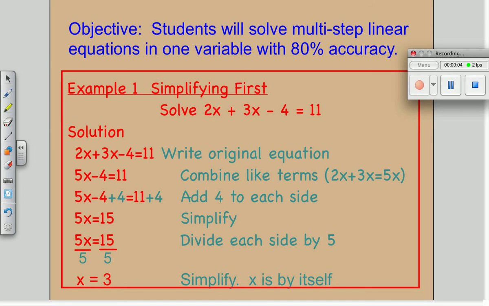Okay, this is lesson 4.2, chapter 4, lesson 2. And we're just going to expand on what you've already done with solving equations. This time though, before we name the party goers, we're going to combine like terms, or combine party goers that are alike. So for instance, here in example 1, this is called simplifying first, because first we have to combine